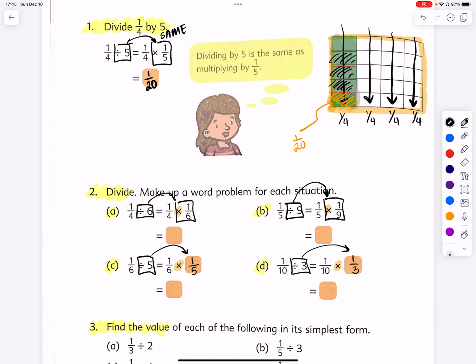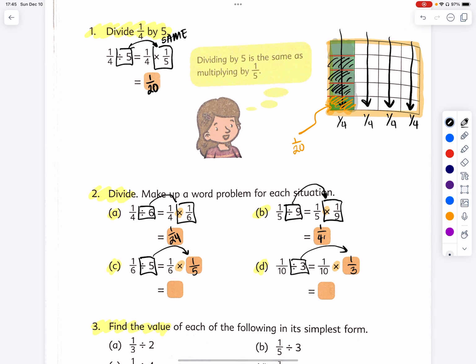So 1/4 times 1/6 is actually 1 out of 24, right? When we split 1/4 into 6 equal parts, each of those smaller pieces will be 1 out of 24. 1/5 times 1/9 is 1 out of 45. When we take 1/5 and split it into 9 smaller pieces, each of those smaller pieces will be 1 out